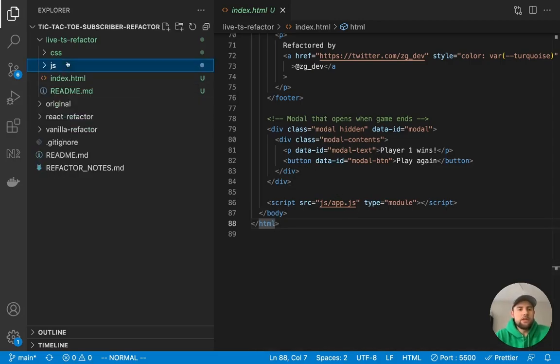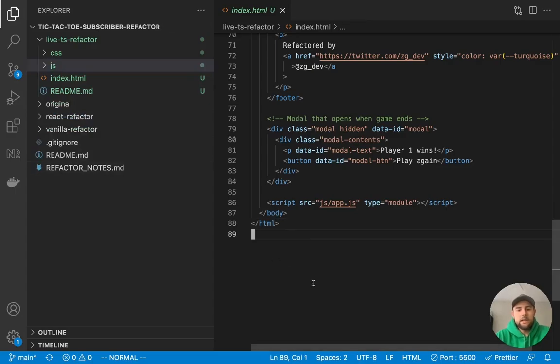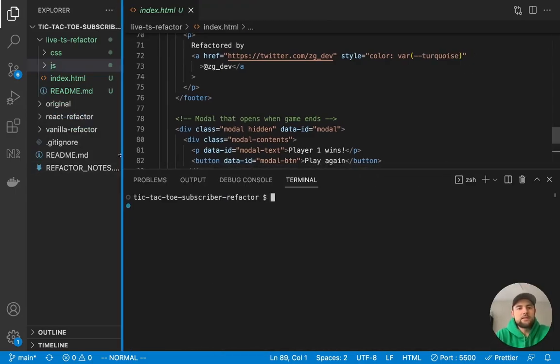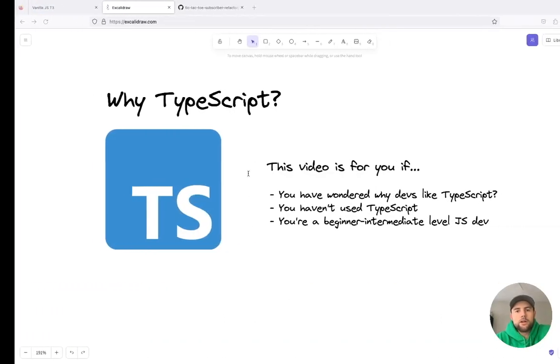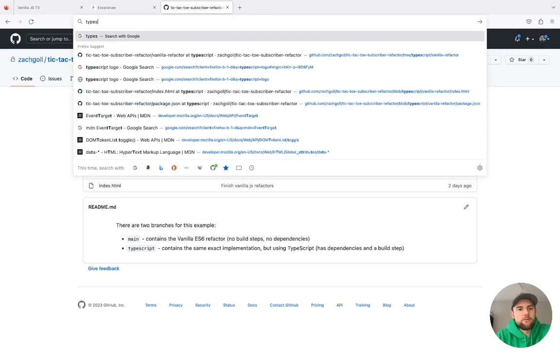So the biggest thing you need to understand to start out is that we need some dependencies, and the dependency we need is TypeScript itself as well as the TypeScript compiler. Now, I'll be honest, I don't set up blank TypeScript projects from scratch every day. It's not a very common thing because once you get your stuff set up, you don't really think about it. So I'm going to imagine that you're starting from scratch trying to figure out how to get this started. And we're going to just use documentation to get ourselves there.